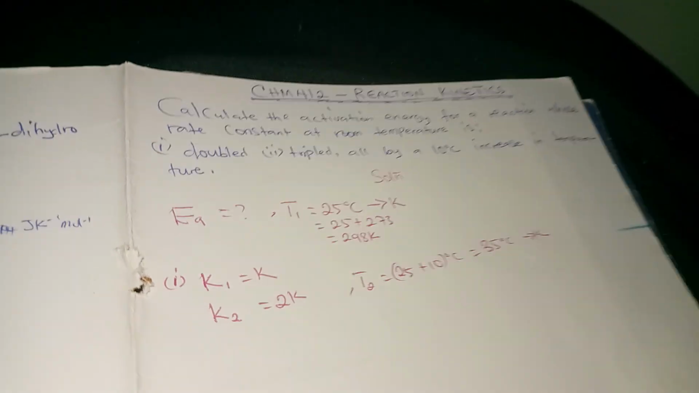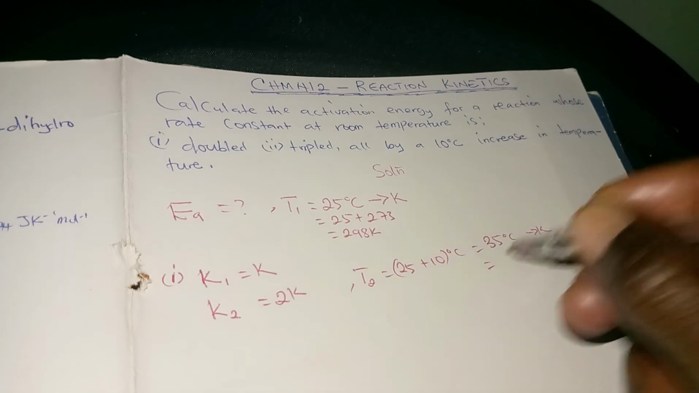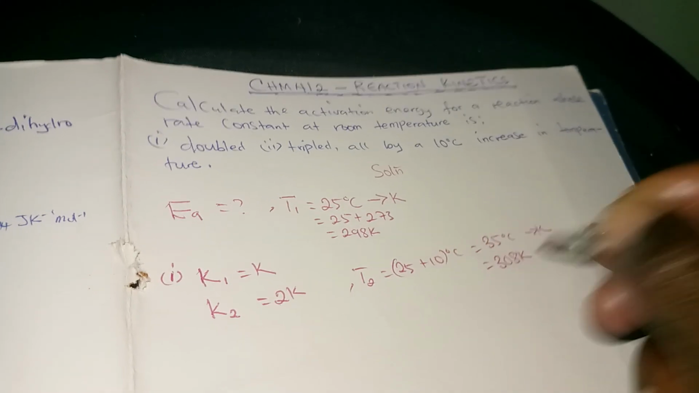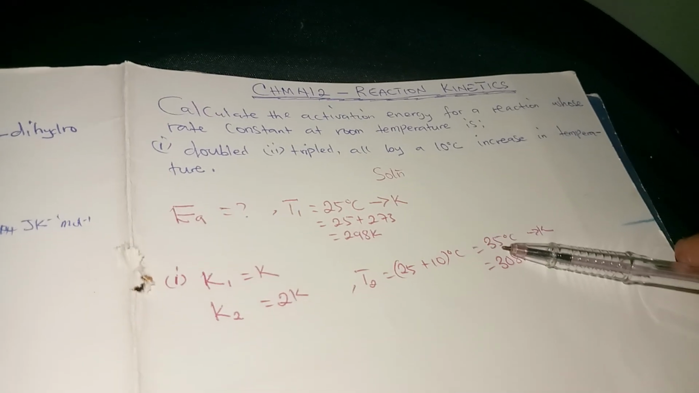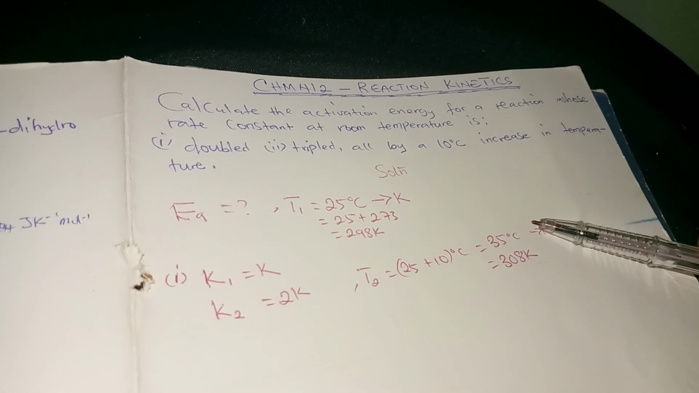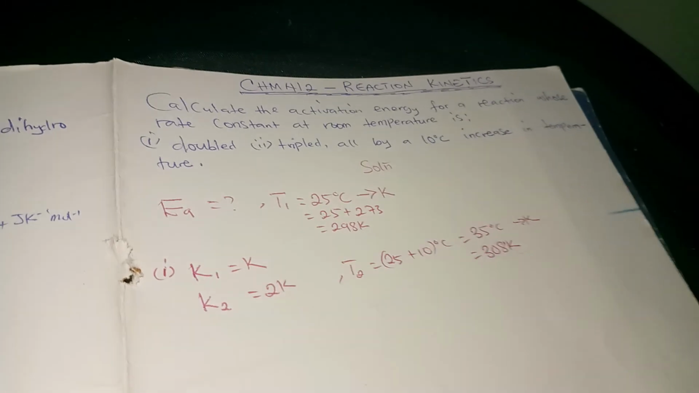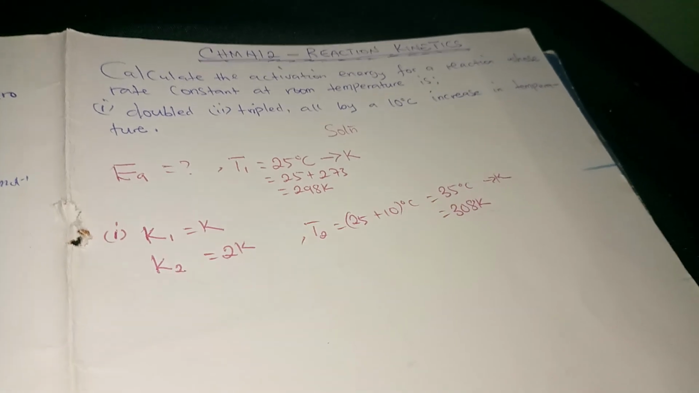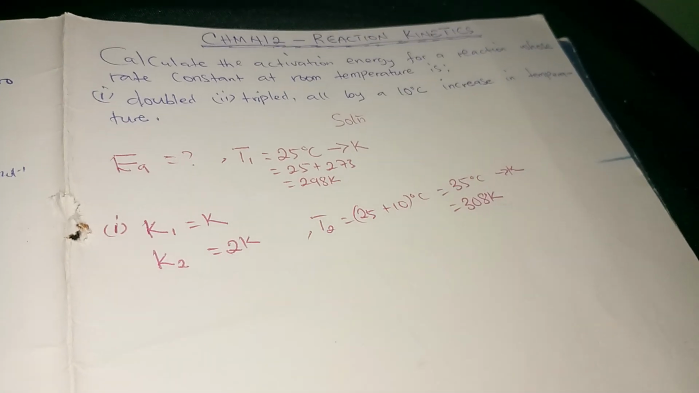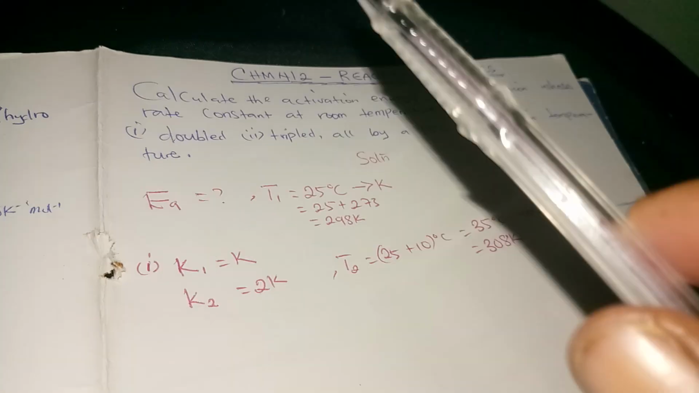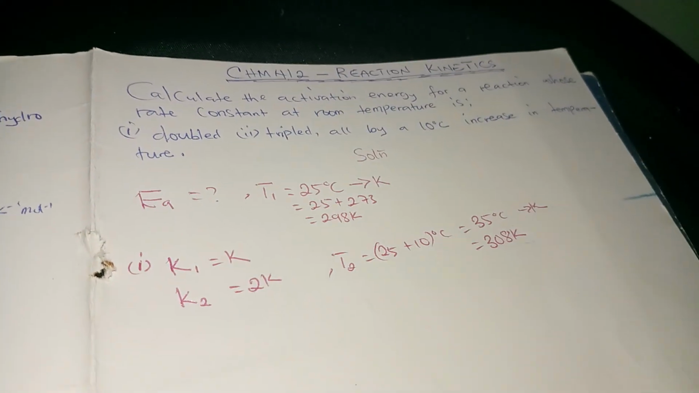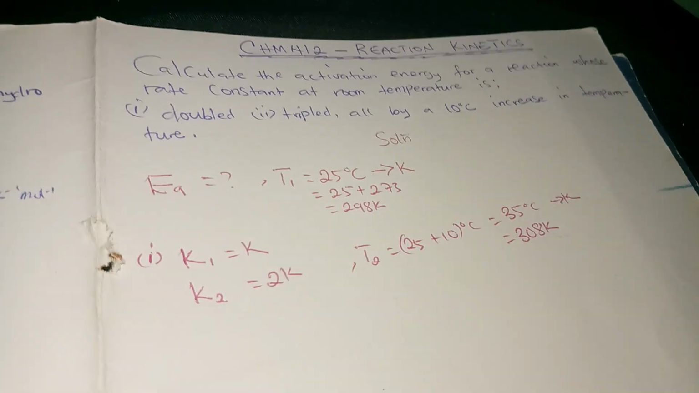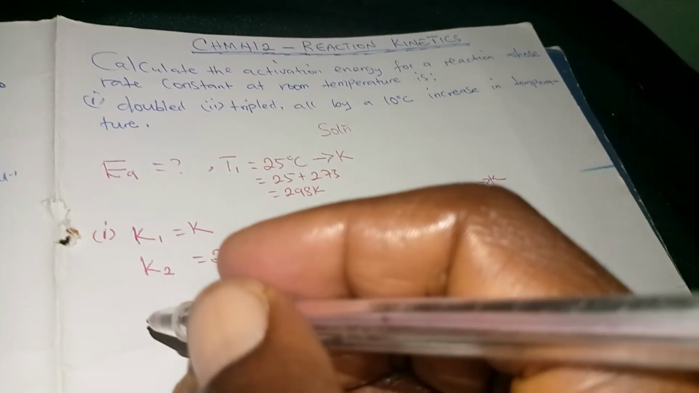So convert this to Kelvin. It's going to give you 308 Kelvin, which is 35 plus 273. It will give you 308 Kelvin. Once you have this, you are doing well. Let's check more. What you need to do in this case is apply the formula to do this. So using the formula,